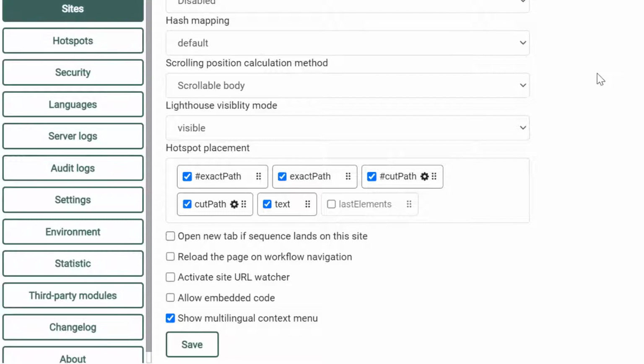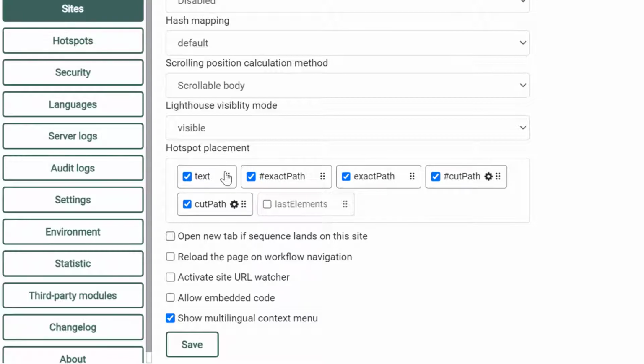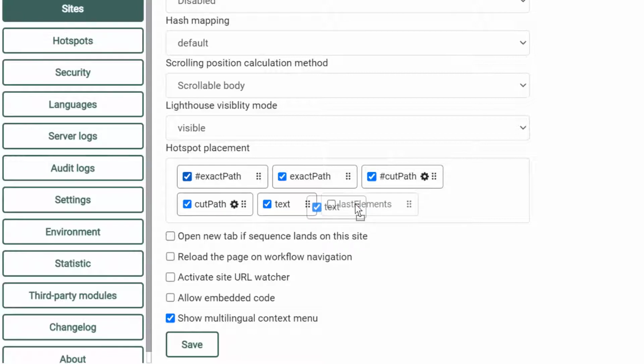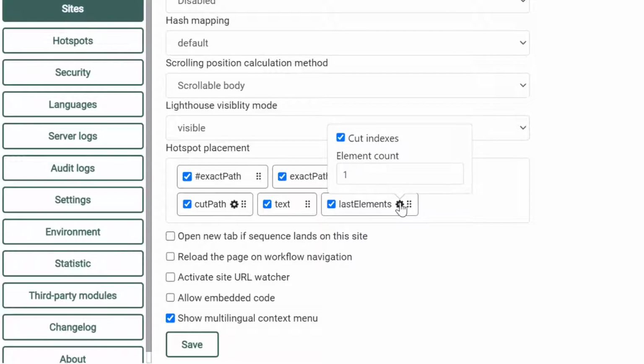We use different algorithms because each site has a distinguished style of programming, and sometimes one algorithm works better than another. However, we saw that different coding styles are often combined in one web application. So we changed how algorithms are assigned to a site. With the release of this Gravity version, you can no longer assign just one algorithm to one site. Instead, you can add all available algorithms to a site and define the order in which they should be applied if one algorithm cannot find an element anymore.